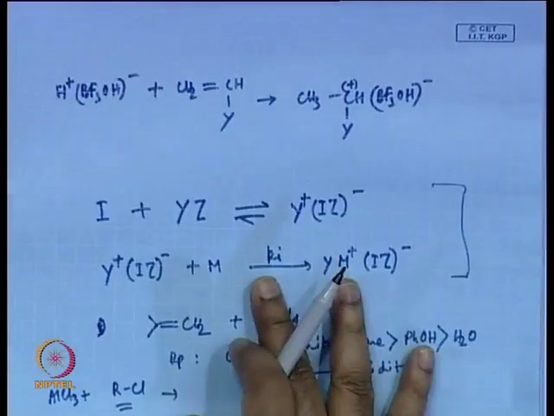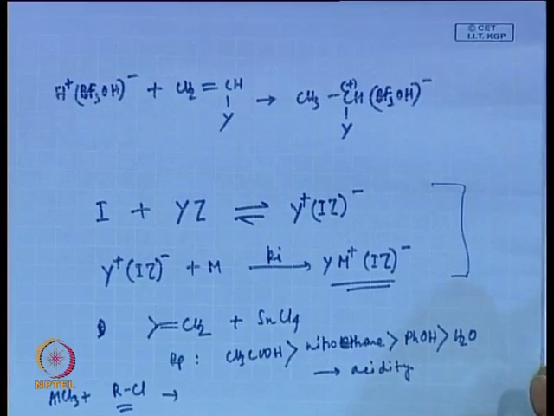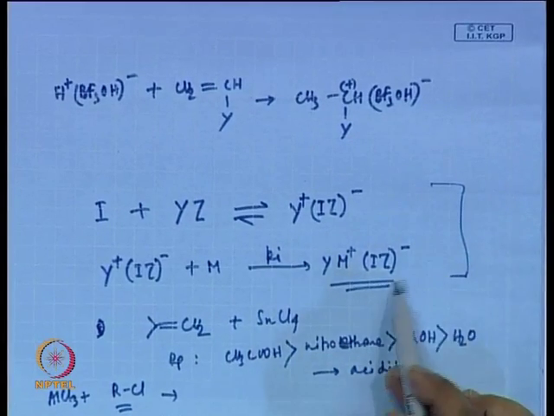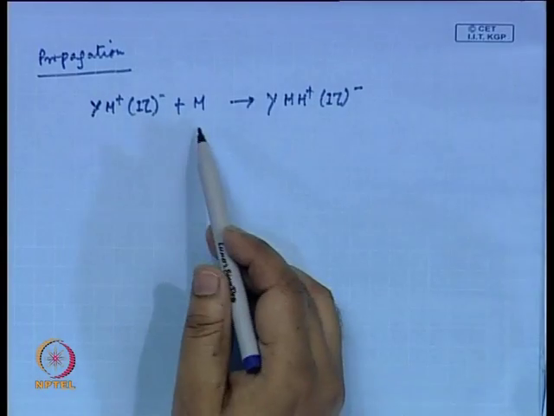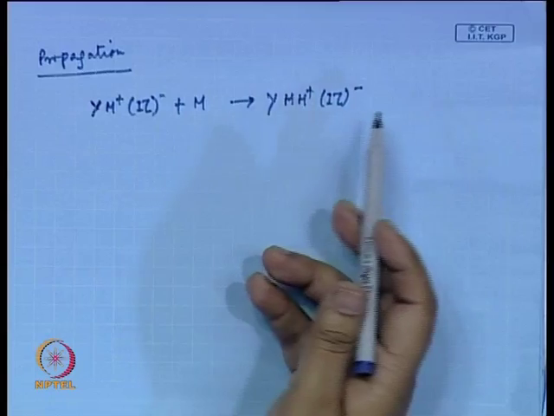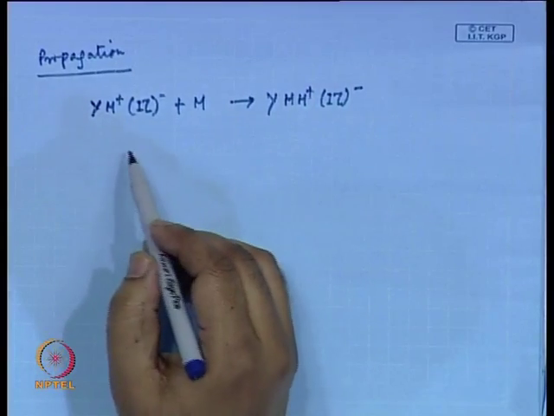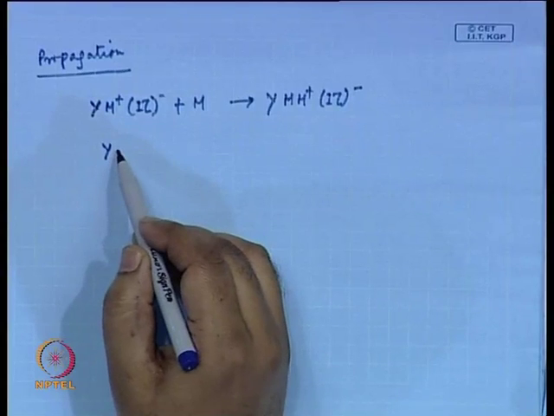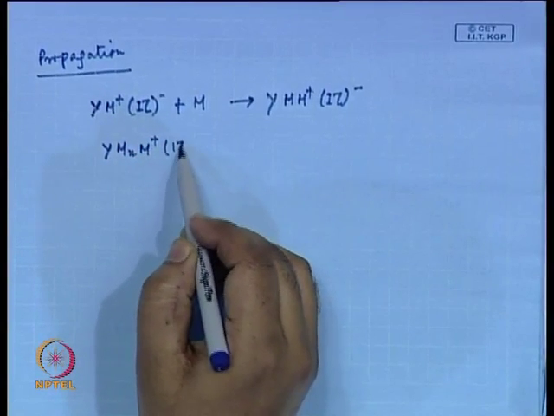So, this was the initiation reaction. You have this initiator co-initiator complex which starts the chain initiation. I will write this on the next page. It can react with the monomer M and start the chain propagation reaction, and I can write a generic expression of this in this way,